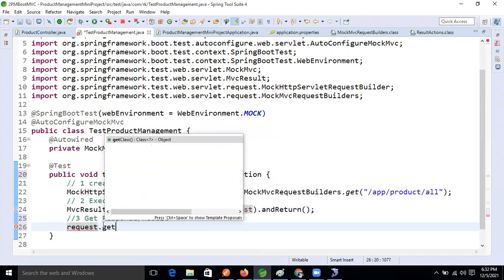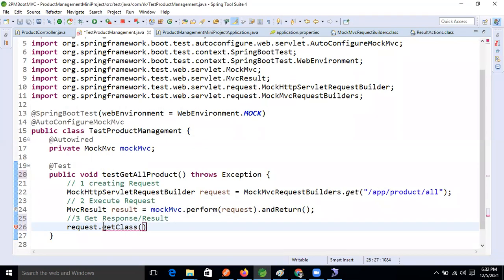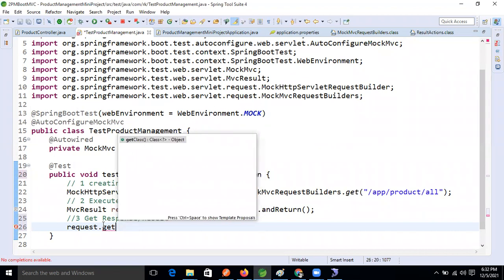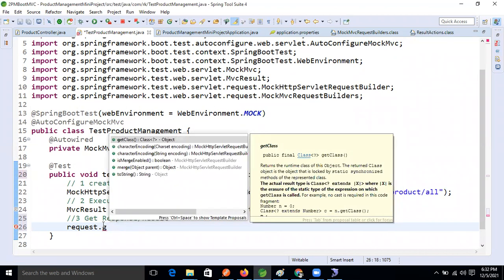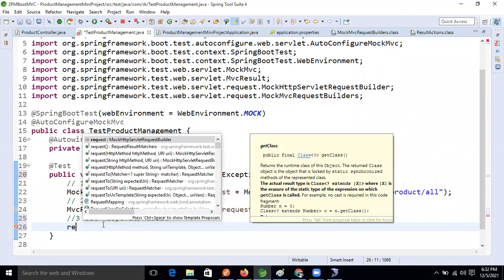What is the method name? Get response. Sorry, not request, result.